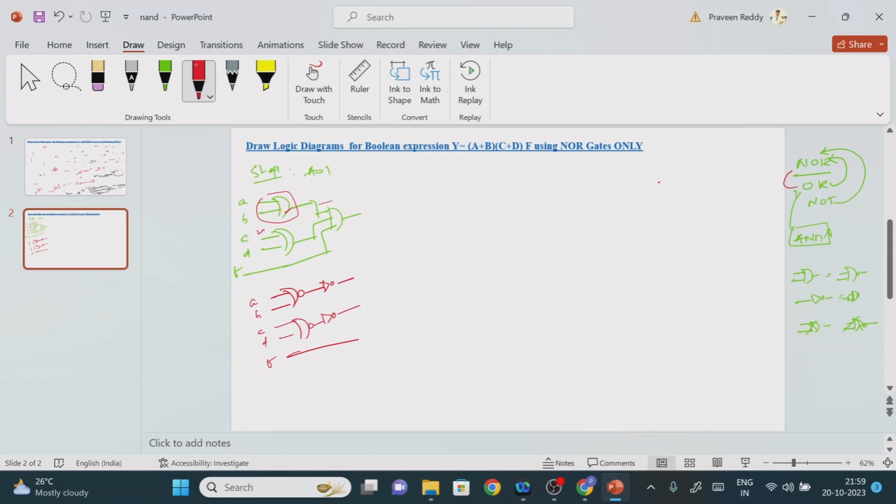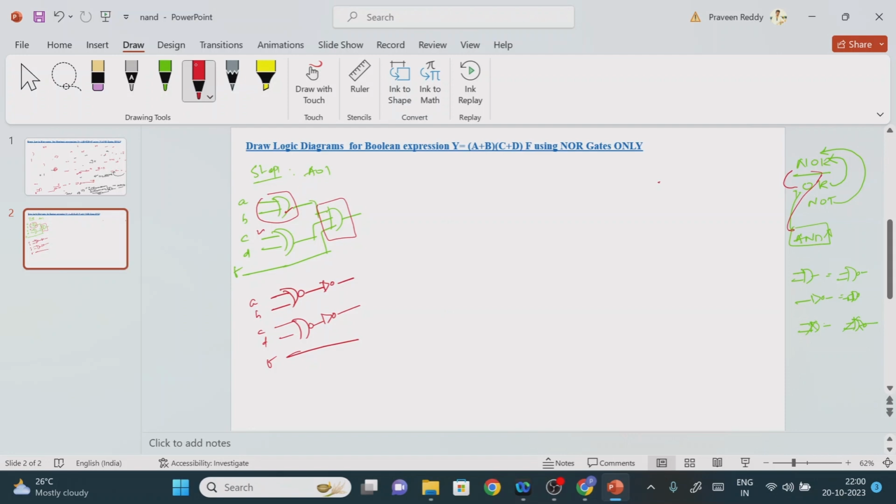Now see that this is the AND gate. If you observe here, is the AND gate part of our design? No, the AND gate is never made up of the NOR gate. So if it is not part of our design, we need to keep the bubble at the input side. Remember, if it is not part of our design, we keep the bubble at the input side. If it is part of our design, as we did earlier, we keep the bubble at the output side. So where do we keep the bubble, input side or output side? Input side. Why input side? Because the AND gate is not part of the NOR gate. That is the reason.